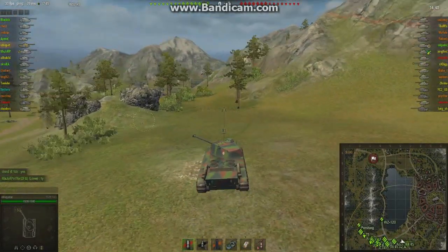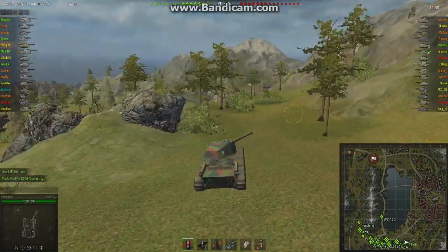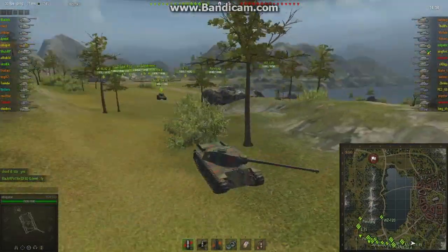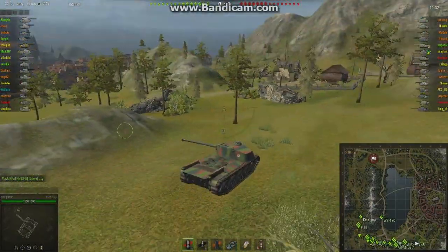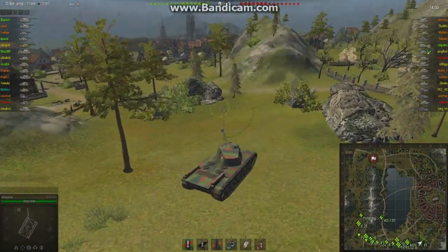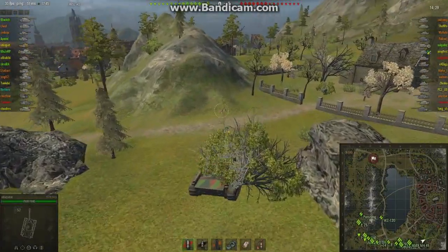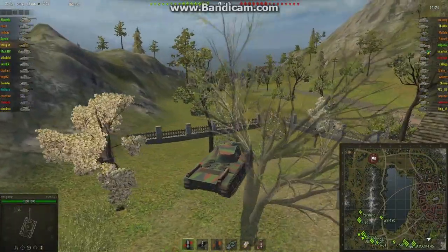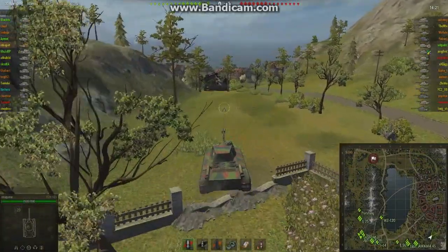You'll notice that this tank is fast, to put it mildly. I've left all my compadres in the dust, which is neat. At the start of the battle, it's not necessarily a great thing. It's a good way to get into trouble first, because you're the first tank spotted, so...